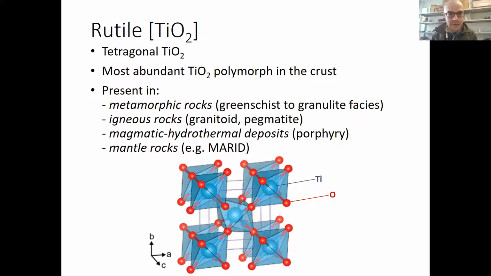So rutile is tetragonal titanium dioxide. And among the titanium dioxide polymorphs, it is the most common in the Earth's crust. We can find it in metamorphic rocks, ranging in conditions from low metamorphic grade to granulite facies. We can find it in igneous rocks, especially the felsic ones. And we can find it